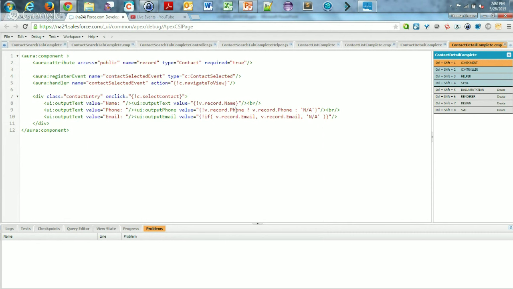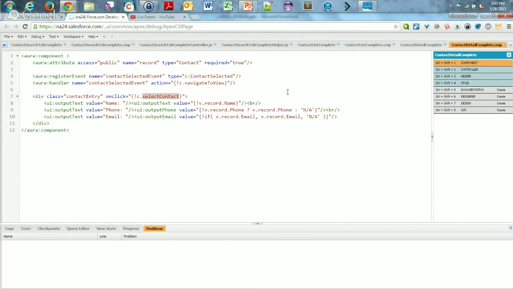We display the name, phone number, email, NA if not there, and provide an on-click event for when they select that particular contact. And again, that on-click will get translated appropriately for whether you're using this on an actual mobile device or on a desktop